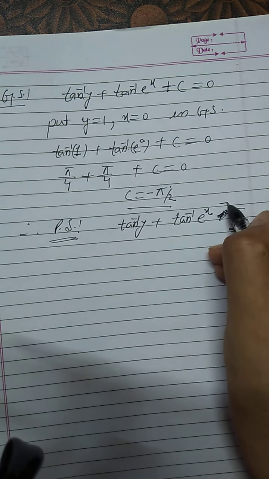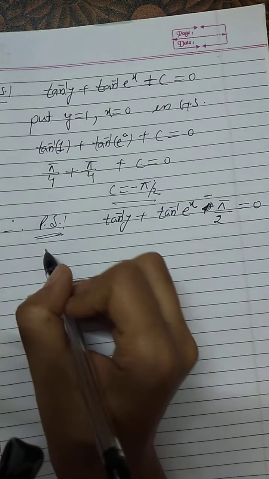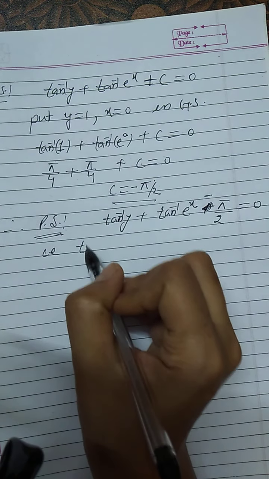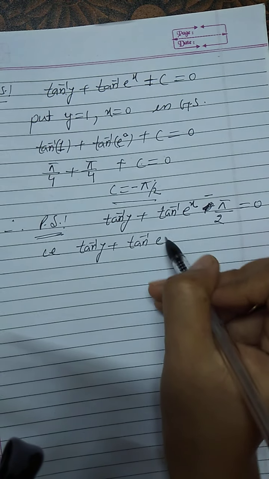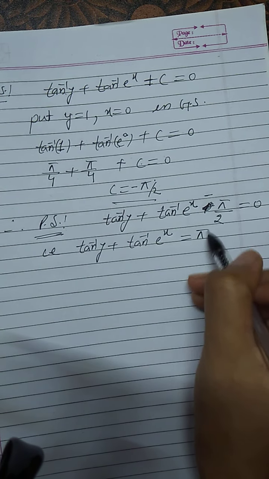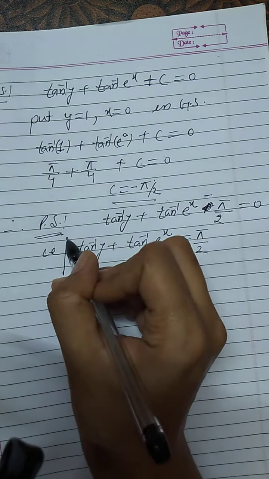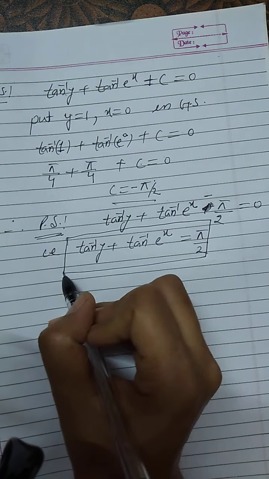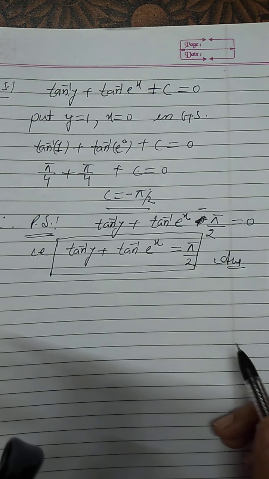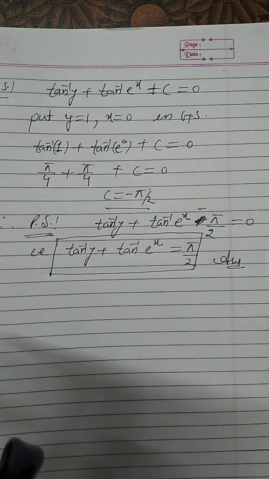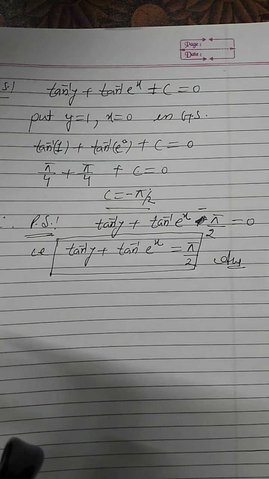So minus pi by 2 equal to 0, and we can simplify it. It will become tan inverse y plus tan inverse of e raised to power x is equal to pi by 2. So this should be our particular solution as the answer. Okay, so this was the simple sum just based upon the variable separation method, and the next sum, number 10, we